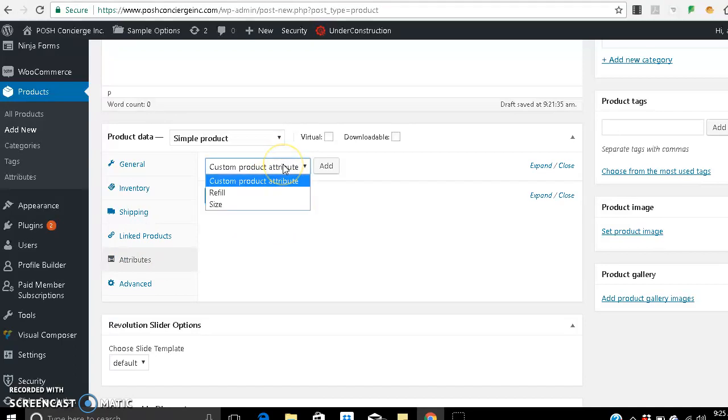Now, attributes. Certain products will vary in size. They'll vary in effectiveness, even maybe. Let's say we have t-shirts, for example. A t-shirt can come in a small, medium, large, extra large, double extra large type of a size pattern, right? So those would be what we call attributes. So if your product has a variation in size or a variation in color, then you would add those attributes to the system so that you can make sure that those products are all accessible through your store. Now, the way you would add an attribute is another process that I'll walk you through once we get a deeper understanding of products here, after I go through these last few